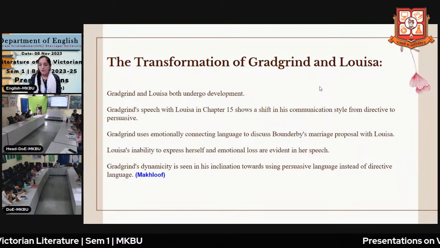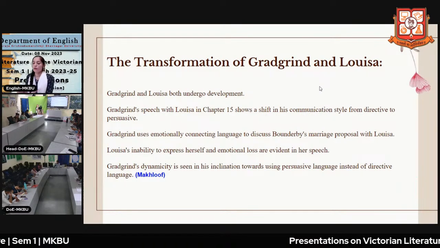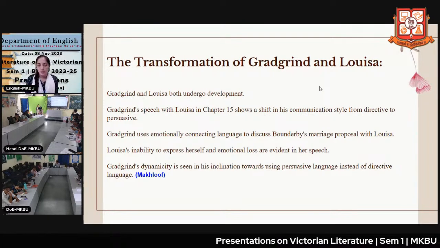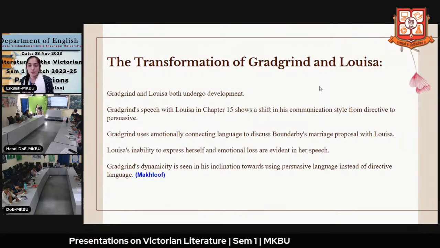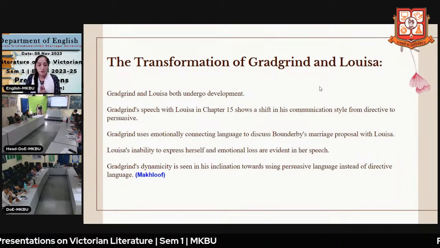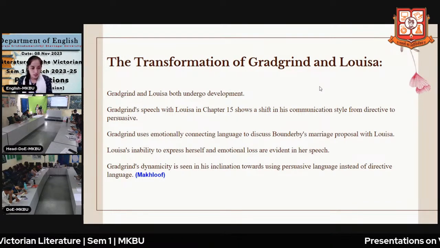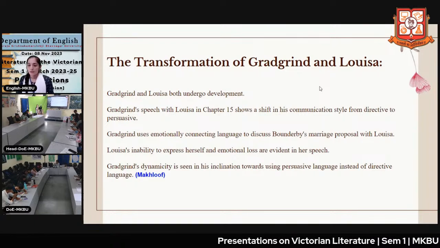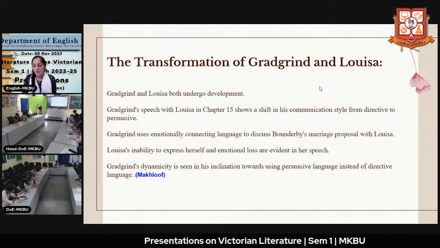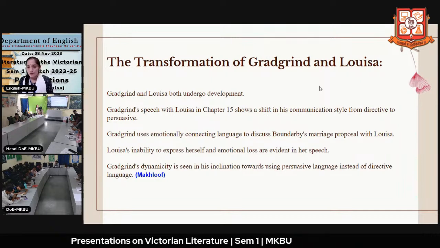Looking at the transformation of Gradgrind and Louisa, we can find that not only Louisa's character is transformed as the novel moves forward, but we can find the transformation of Gradgrind also. Gradgrind and Louisa both undergo development, seen in Gradgrind's speech with Louisa in Chapter 15. Chapter 15 is named Father and Daughter, in which Louisa confronts